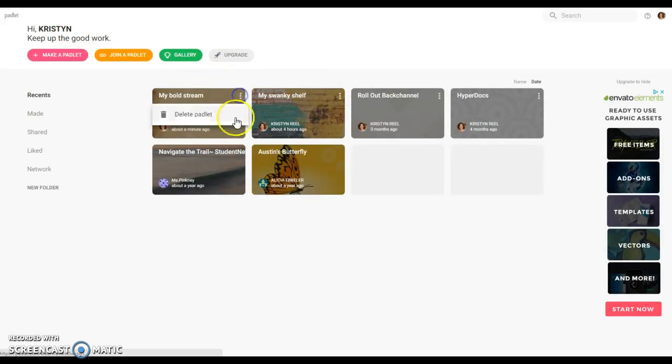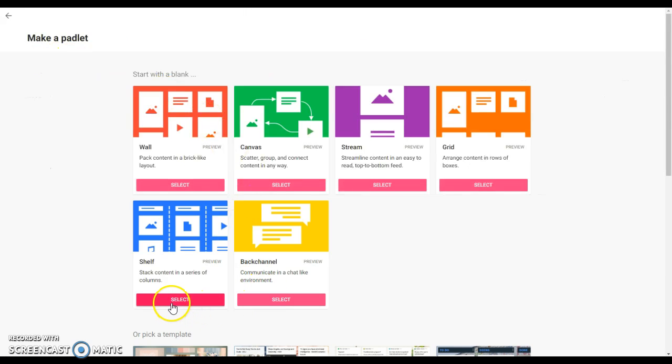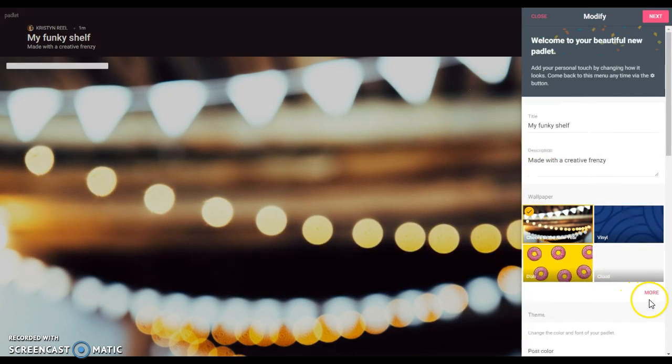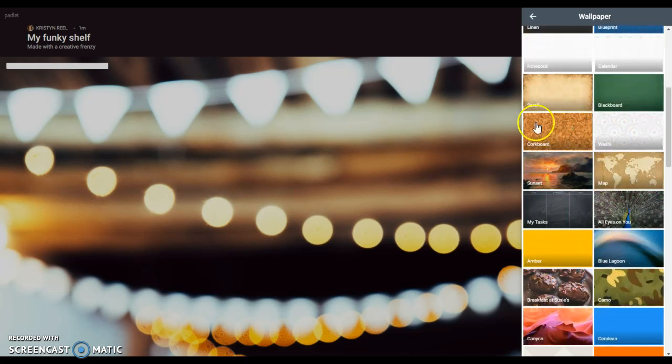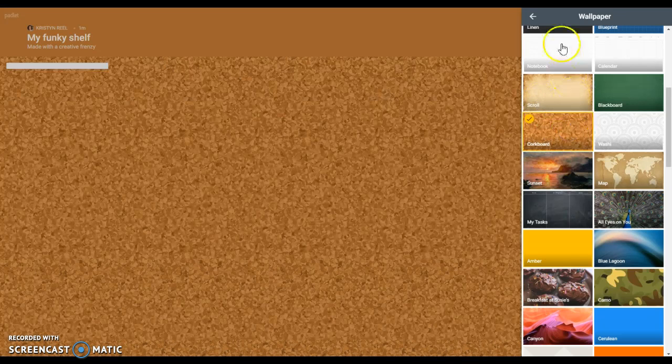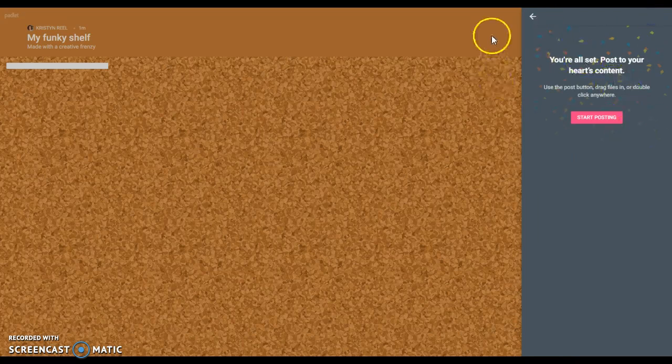I think one of my favorites, though, is the shelf. This one is, I think, really cool because you can create topics, I guess, across the top. And then you could have the kids post underneath those topics. So you're kind of giving them some guidance on where to start. So it makes columns. So you could do, I have a question about